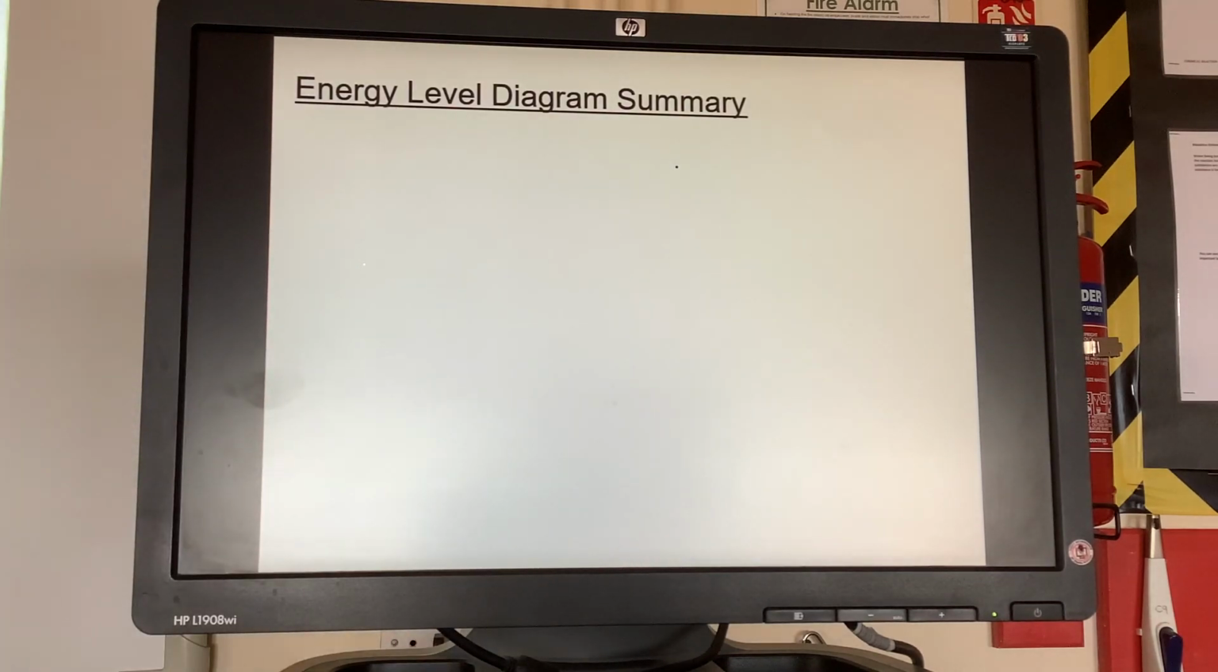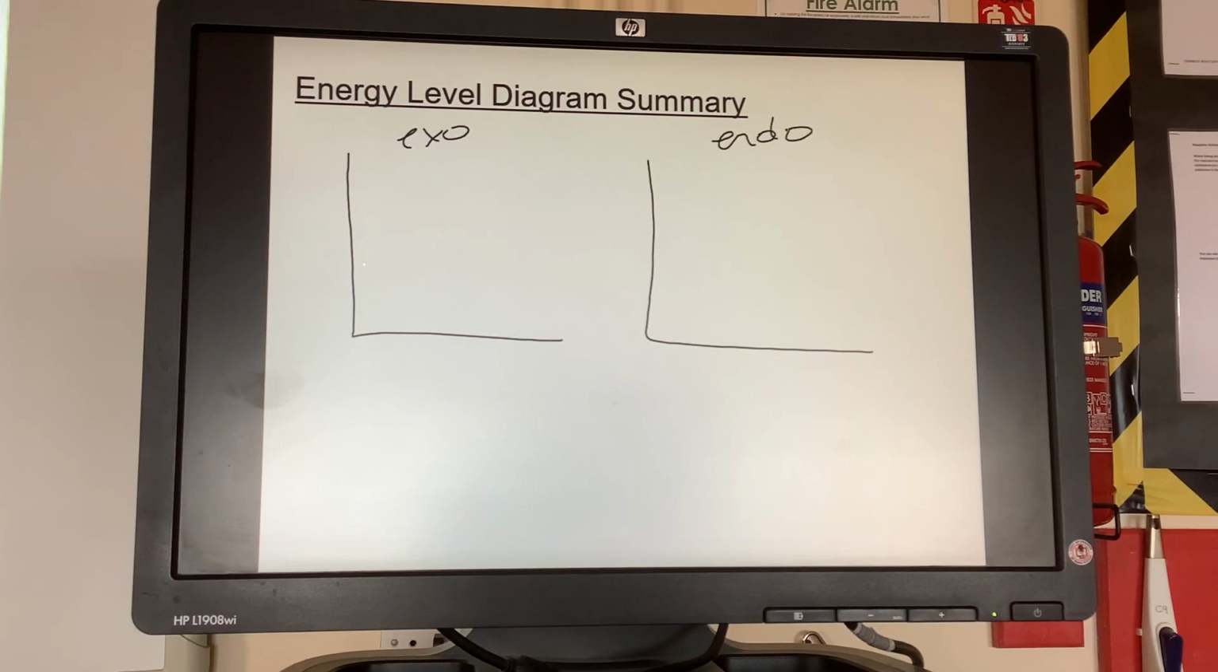Finally, I'm going to do a quick summary of what we said. We've got our exo, our endo. Do you remember? Exo, it goes up, it comes down further. We've got our reactants and our products. Endo goes up, doesn't come as far. We've got our reactants, products, and if we were going to label